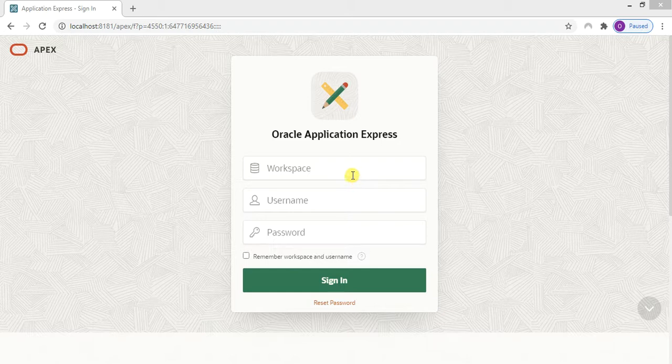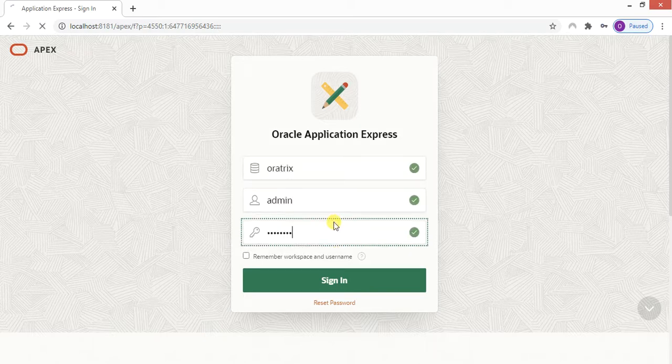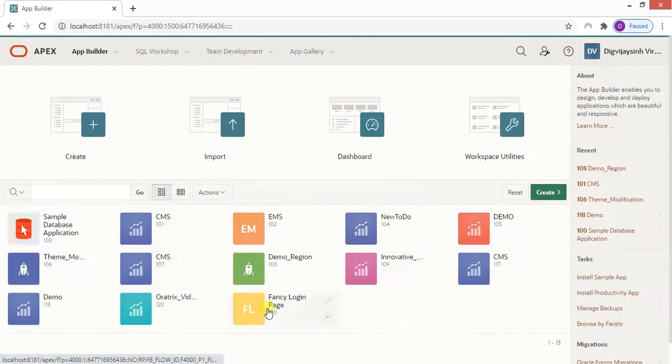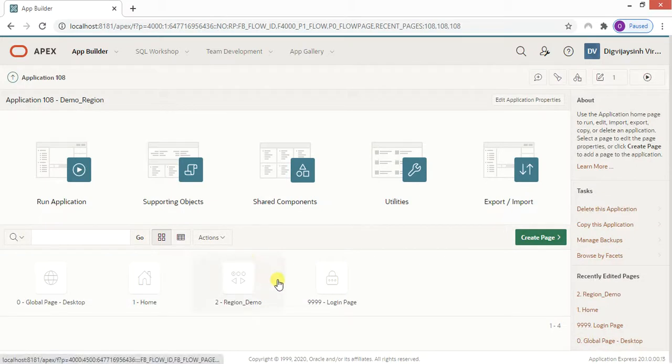In Oracle Apex. Okay, so let me log into my system with username and password. Okay, we have logged in. I have one application already created for this demo region. So let's say for example this is our application, and what output we required,